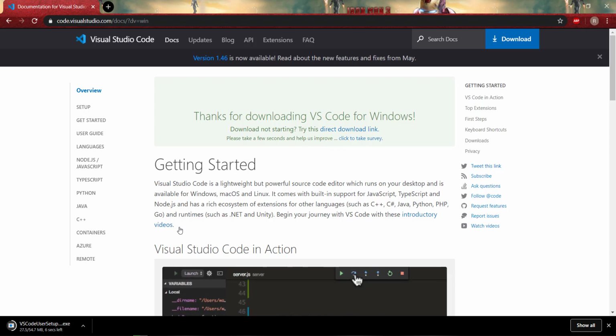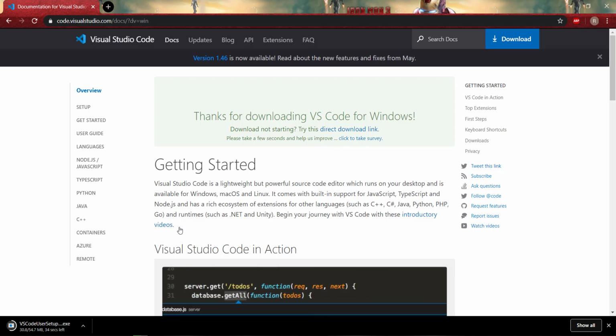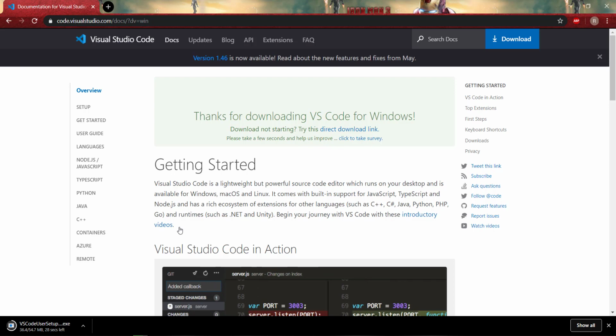The software is 54 MB, so according to your internet speed, it may take around 1 or 2 minutes. For me, because I have very good internet speed, it will download in around 30 seconds.